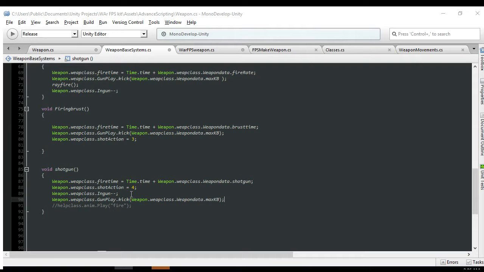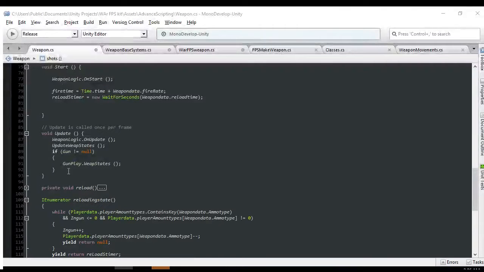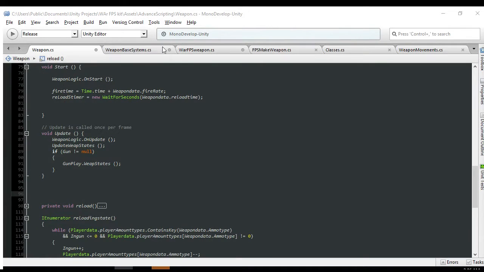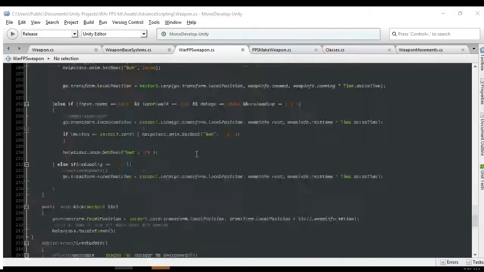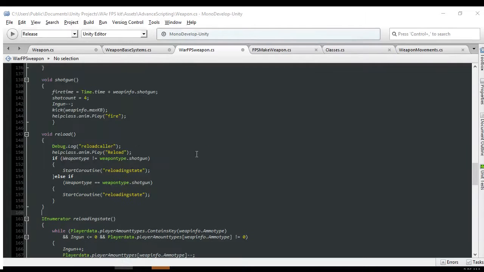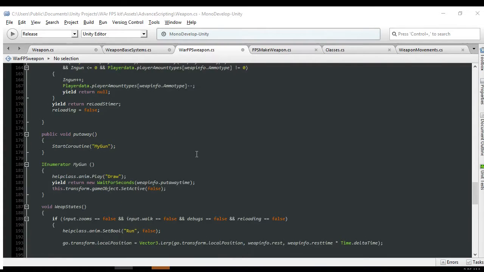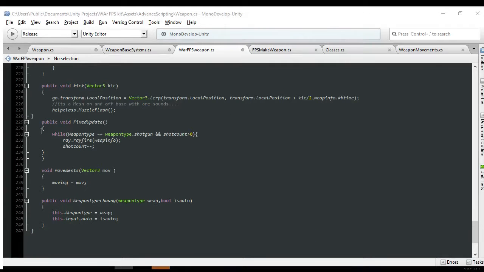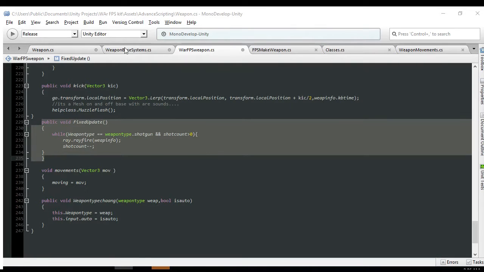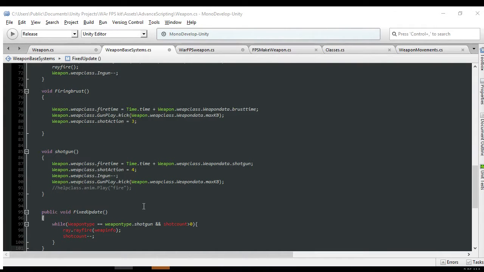Well, wait. We need to set up a fixed update to do this stuff, which the fixed update will be part of in here. So right below update, we should have fixed update. Okay, that makes sense to me. So on fixed update, well, should I actually... Wait, actually a fixed update. Yeah, that would actually be something. I'm gonna put it part of the weapon system. But in reality, oh, well,